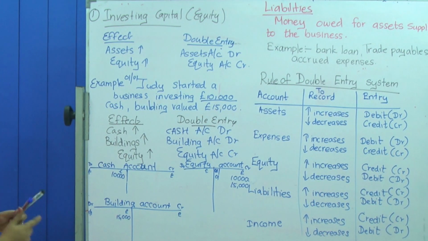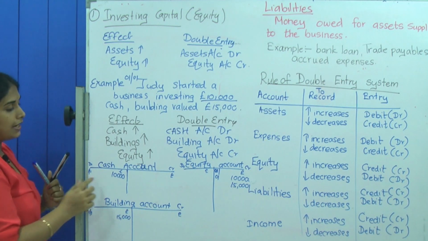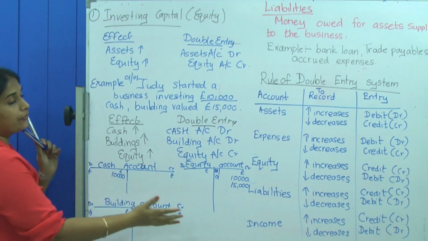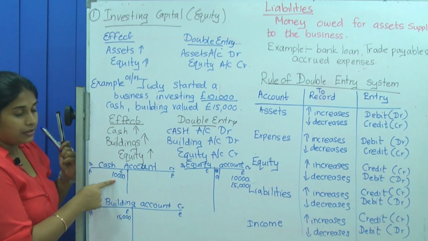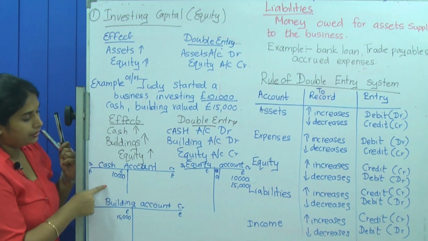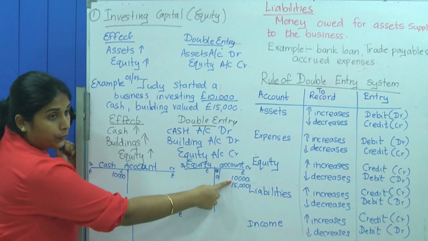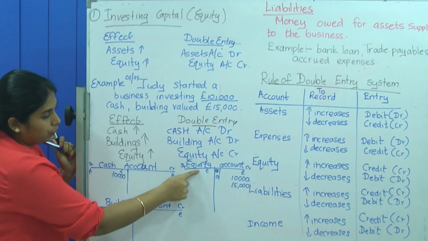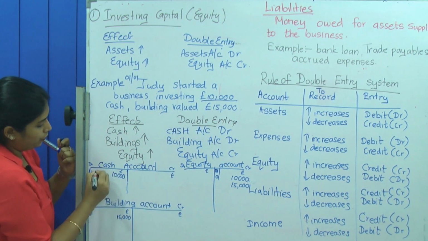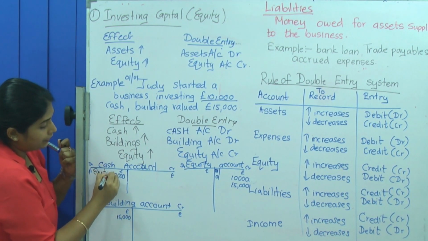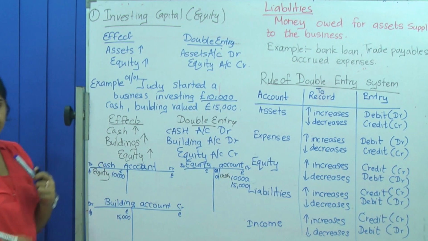Now here you have a space. That means you have to write the detail. When you are writing the detail, you have to exchange the T account names and write. Here cash debit entry, this 10,000 is on the cash account and the credit entry is on the equity account. So the specific 2 T accounts are cash and equity. In the cash account you have to write equity, you have to exchange the names, and in the equity account you have to write cash.